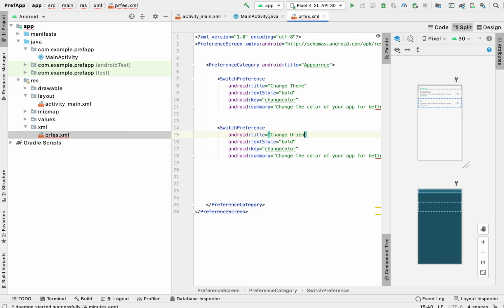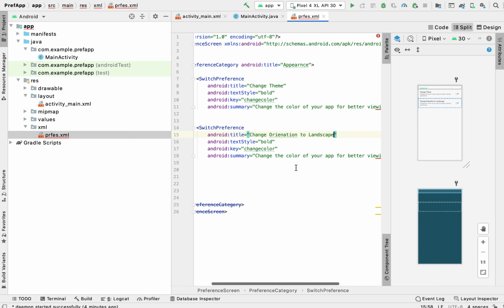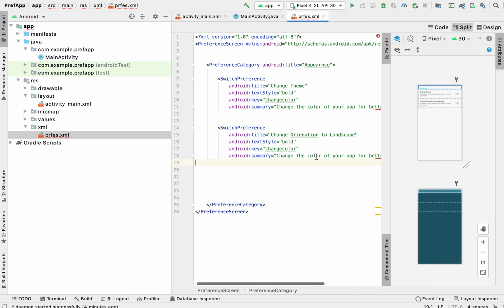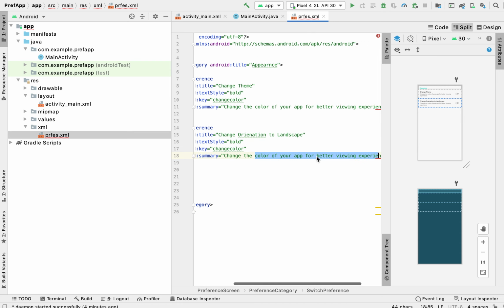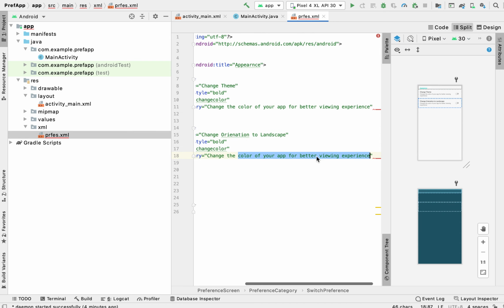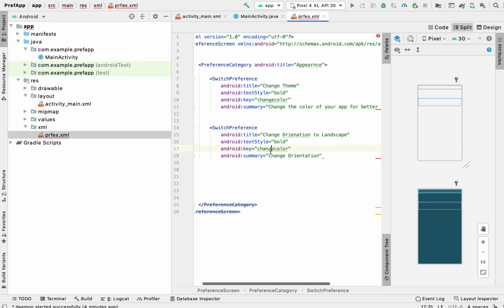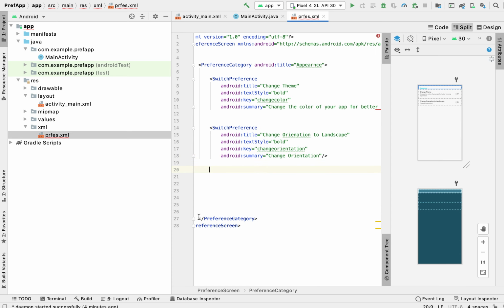Change orientation to landscape. Okay, perfect. I would change the summary and the key is going to be change orientation. Perfect. We can take one more preference